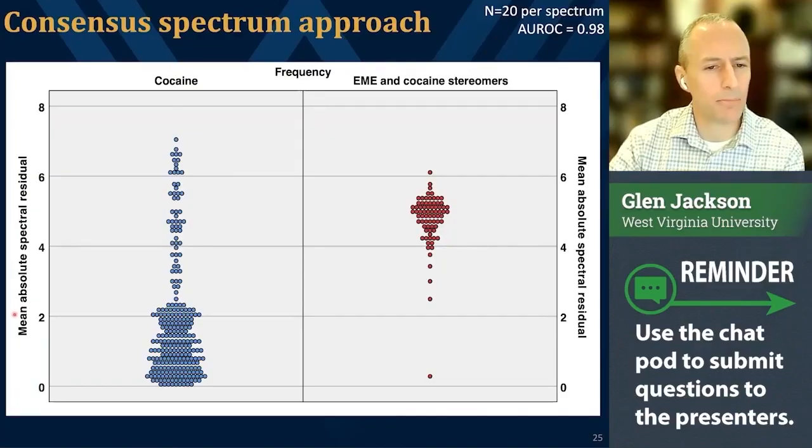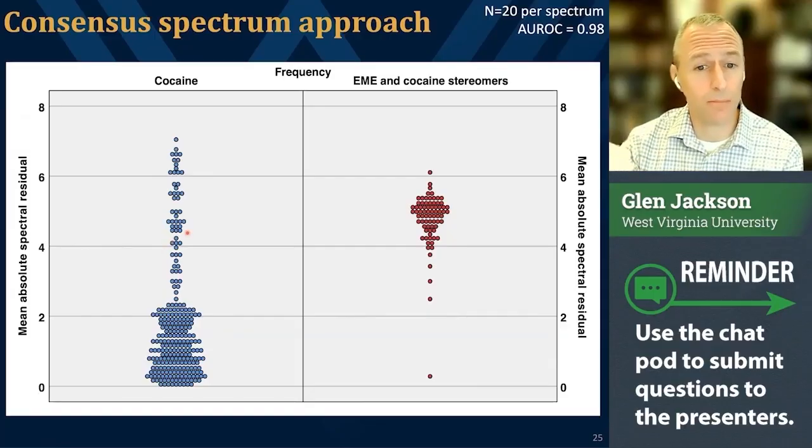Here we're looking at the mean absolute spectral residual, which is kind of like the absolute error for 20 predictions. This is using the consensus approach, so using, for example, 70.2 as your best guess for M/Z 182. And when you use the consensus spectrum as your best guess for things, then you can see that all the